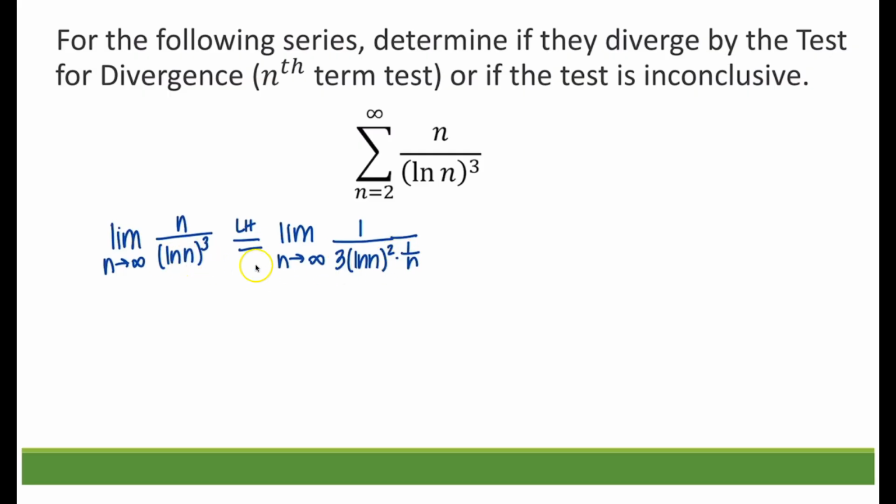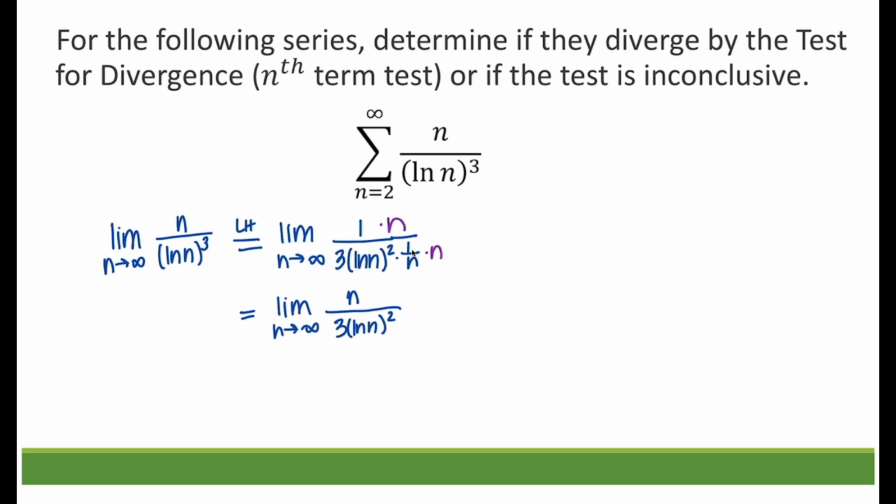So that's the derivative of the bottom using the chain rule. So what I have going on here now, I'm not doing L'Hopital again, I'm just simplifying. I'm going to multiply the top and bottom by n to clear out that 1 over n. So if I multiply the top and bottom by n here, I'm going to have n over 3 natural log